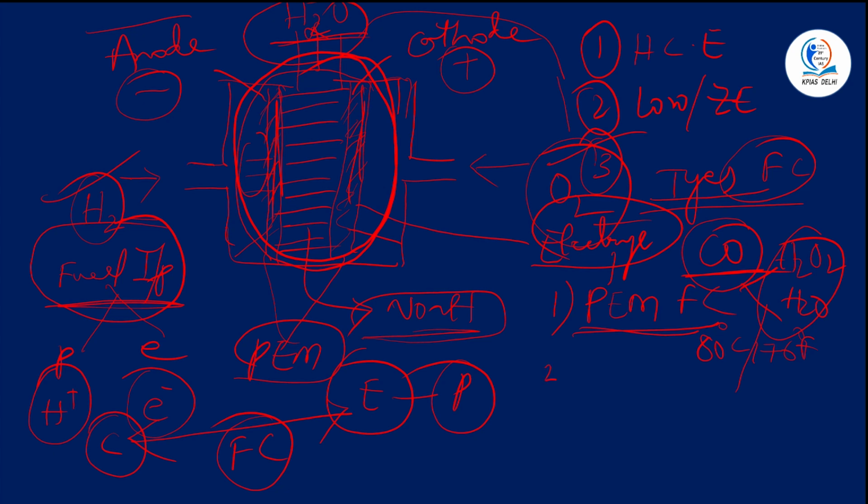Then you have the second type of fuel cell called direct methanol fuel cells. Here the catalyst that we are using is methanol. As simple as that. Depending upon the catalyst, you are classifying fuel cells into different types. And the third category is called alkaline fuel cells. Here you are using any sort of alkaline solution. It can be potassium hydroxide, which acts as an alkaline in this particular fuel cell, or it acts as a catalyst. The sodium hydroxide acts as a catalyst.